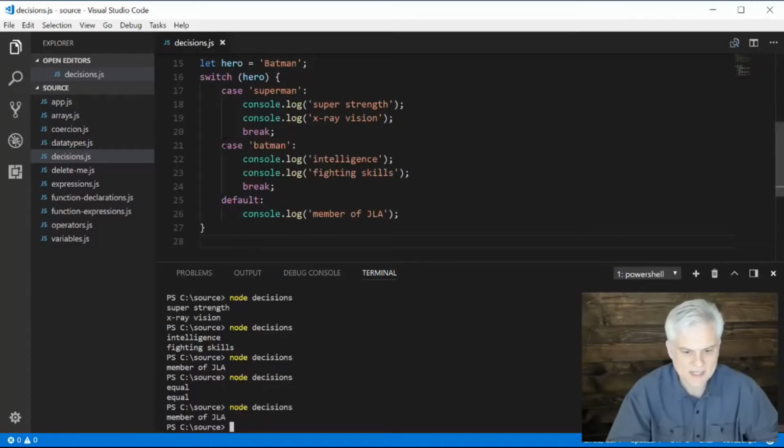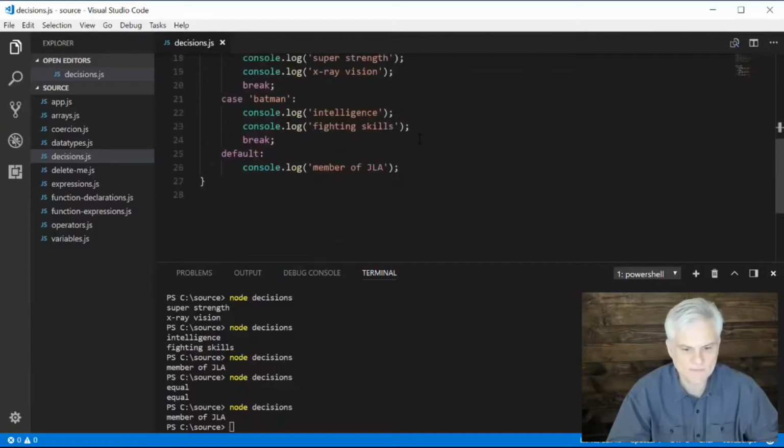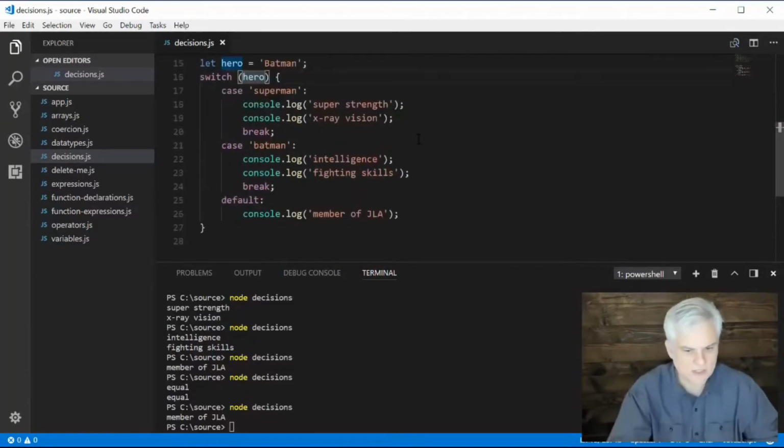Why didn't it catch the case Batman? Because capital B Batman is not the same as lowercase b batman in that string. Now, what we can do to circumvent that, whenever we're working with strings and we want to do some comparison with them, we can use the